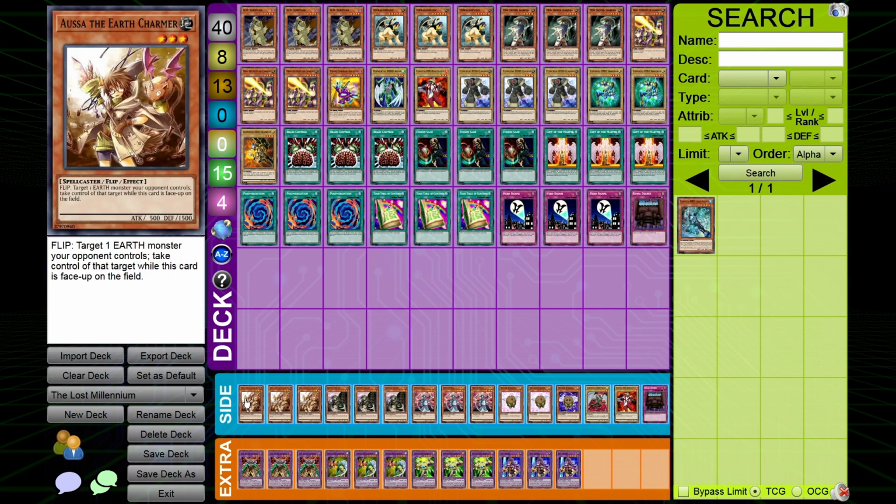So then we have also the Earth Charmer in the side deck. Now this is one of the Charmers. Charmers are an archetype that has slowly built up from there. Some of them are built into other archetypes nowadays, such as